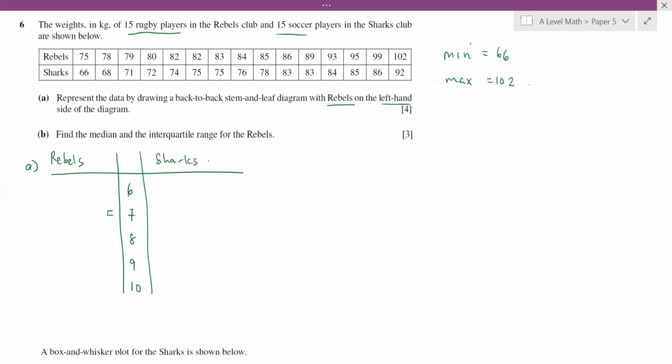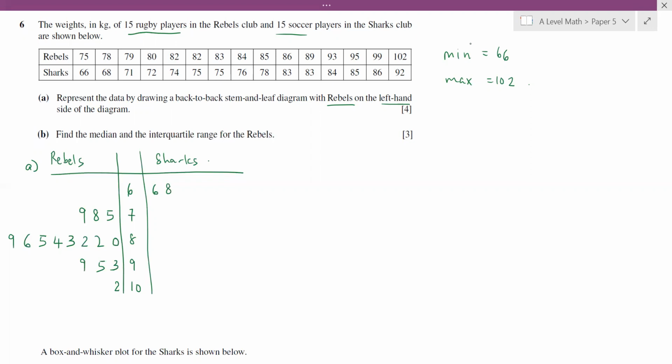We have 75, 78, 79, 80, 82, 2 of them. Then we have 83, 4, 5, 6, 9, and then we have 0, 2, 2, 3, 4, 5, 6, 9. Then we have 93, 95, 99, and 102. For the Sharks, we have 66,